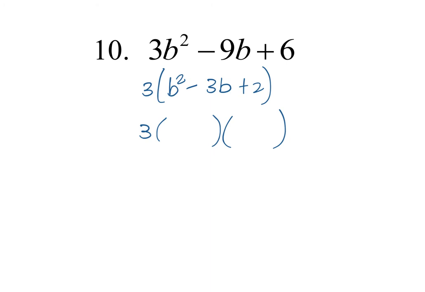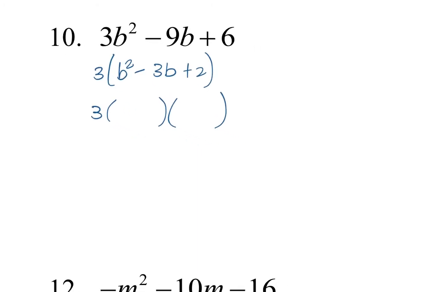I don't worry about it anymore, except for making sure I write it down in my final answer. Anyway, my statement, I'm multiplying. Be careful here. I'm multiplying to get not 6, because remember, I changed the problem. I factored out a 3. So now I'm multiplying to get 2, and I am adding to get